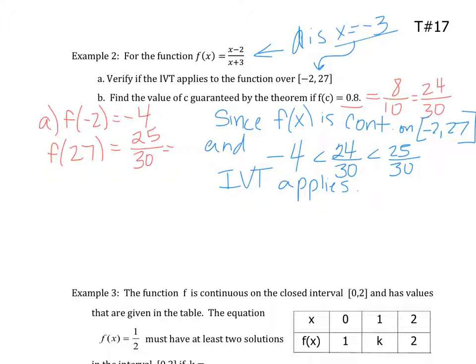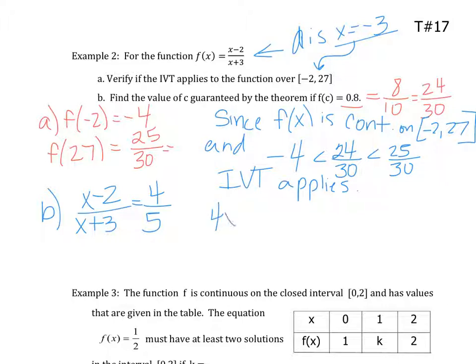Now let's get our part B. Our part B says find the value of C. So I'm going to set my equation equal to my y value. Now you certainly could set it to 0.8. I don't want to really deal with decimals, so I'm going to write that. I could do 8 over 10, I could do 24 over 30, but I'm going to do the smallest numbers possible, so I'm going to do 4 over 5,